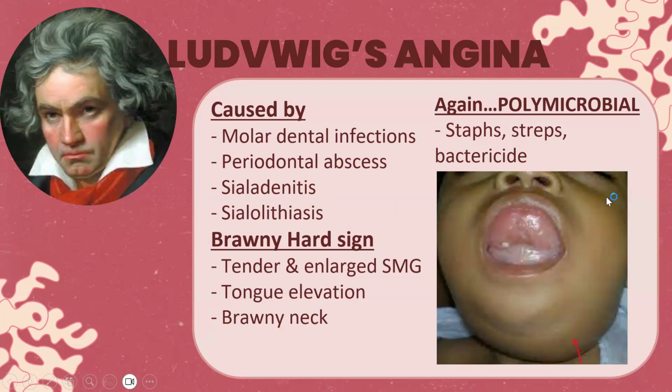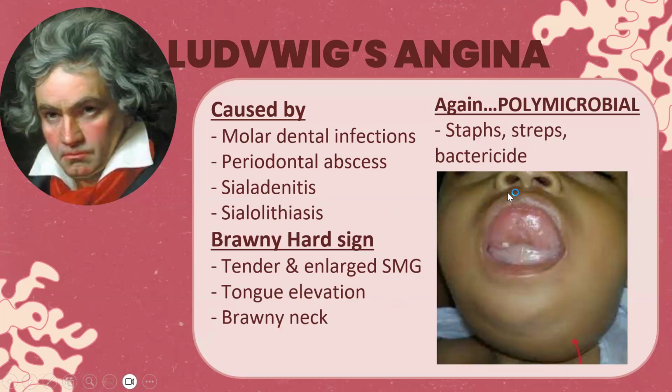And the important thing here is the Brony heart sign. So Brony heart sign is this patient with a very swollen chin with elevated tongue, and it is also protruded tongue. And this chin, we call it the Brownie neck. And if you palpated the submandibular gland, it will be tender and it will